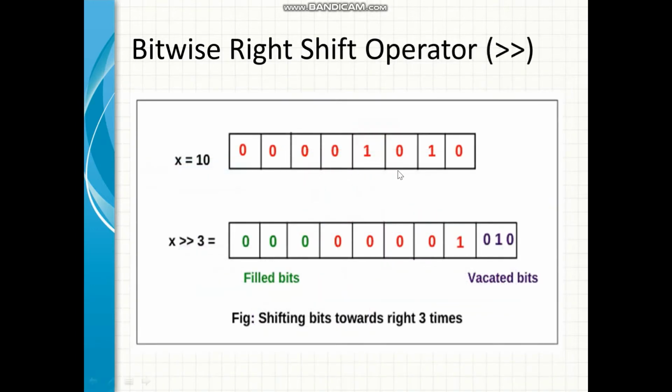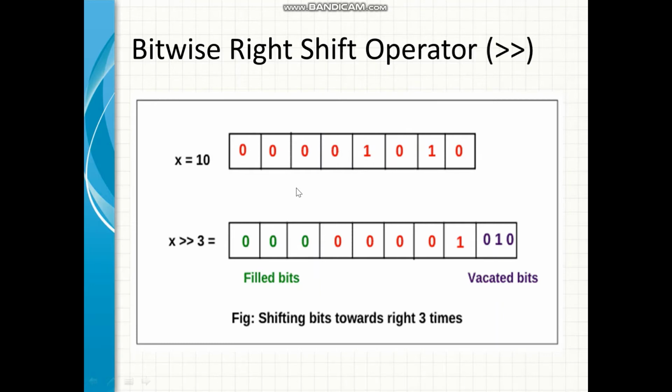And now coming to right, you can see here, now the number is 10, and this is the binary format of 10, 1010. Now I want to shift it right. So that means this, I want to shift it towards this direction. Because it is the signed bitwise operator here, it is signed. Just to be clear, signed means positive and negative number. 1 bit it always takes for the positive and negative sign.